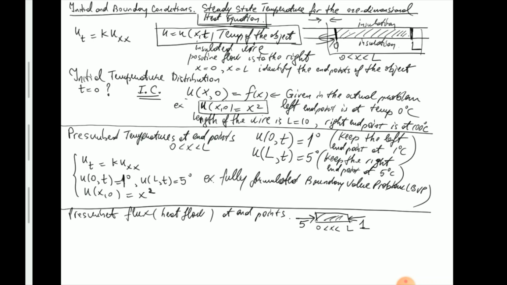Now remember, the heat flow is going to be positive to the right and negative to the left by convention. And also remember that whenever you refer to the flux or the heat flow, you have to use the Fourier law of heat conduction. So the flux at location x and time t is equal to minus big K, which is the conduction term, times u partial x at x, t. So never forget this Fourier law